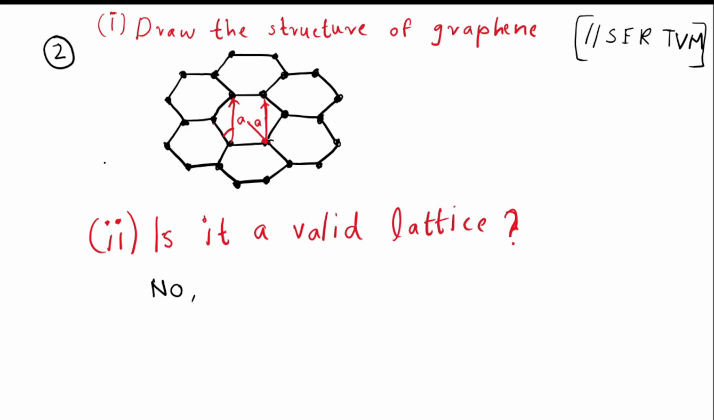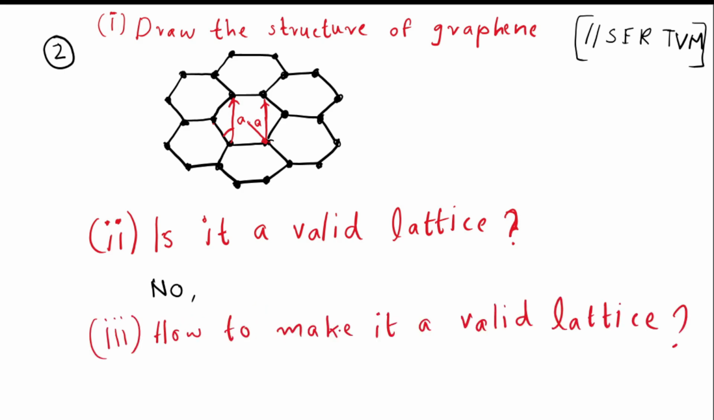Then they asked me how to make it a valid lattice. As I have said that it is not a valid lattice, then how can we make it a valid lattice? The answer is like this. To make it a valid lattice, we have to consider the lattice points present in the graphene structure to be composed of two sublattices, in which one sublattice contains points such as this one and the alternate ones like this. This forms one sublattice. Let's say the red one as A,